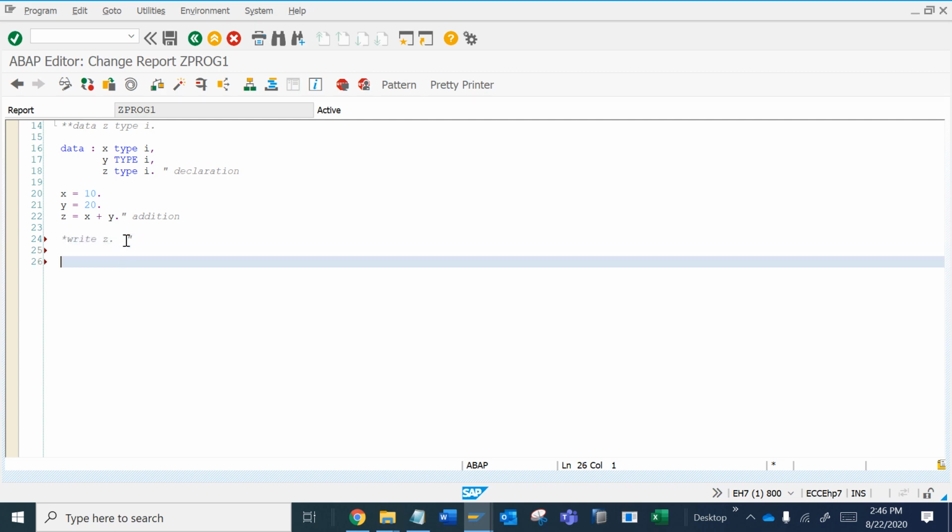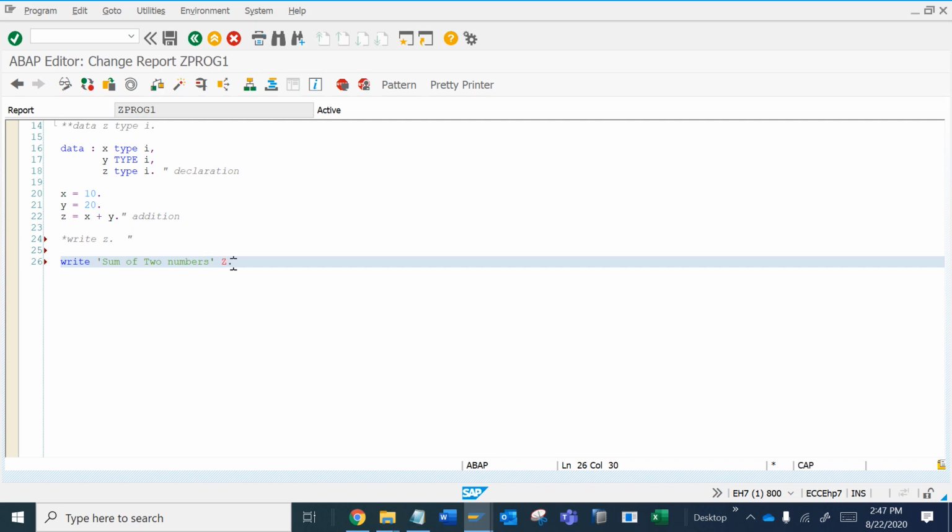We will use some string, and as you know, a string is a collection of characters. Let's give some useful information, sum of two numbers, and then close this and do Z.